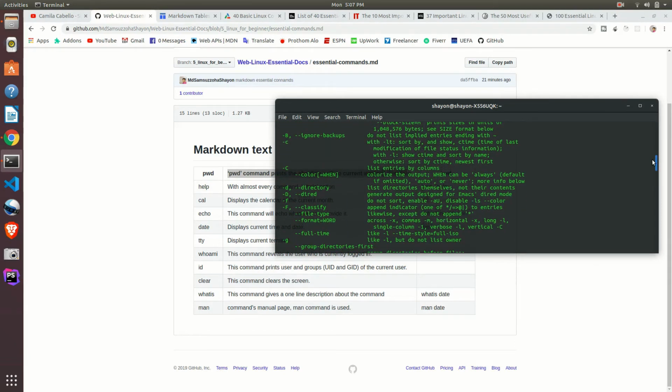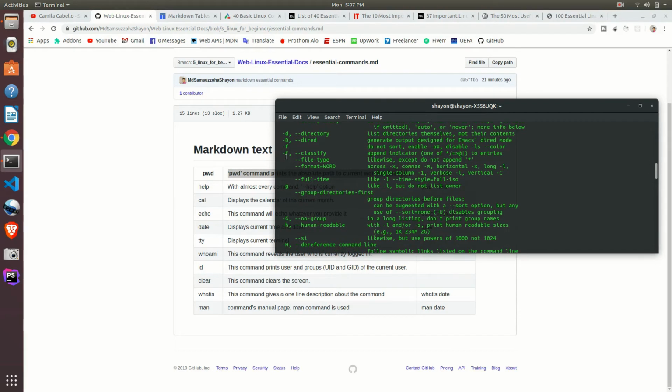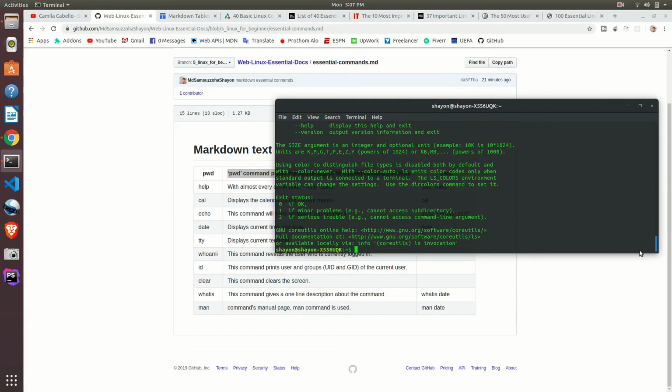Okay, let's learn more about it. If I just write -F, that will classify, appending an indicator to entries. Just press Ctrl Shift C, that is how we can copy. Okay, let's see, ls